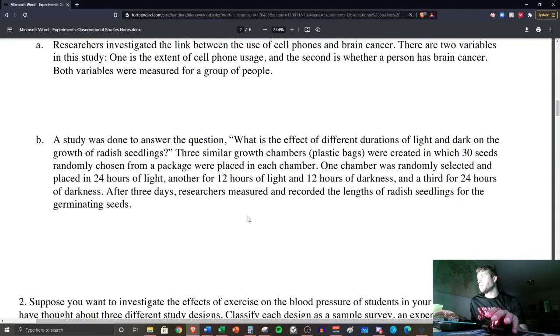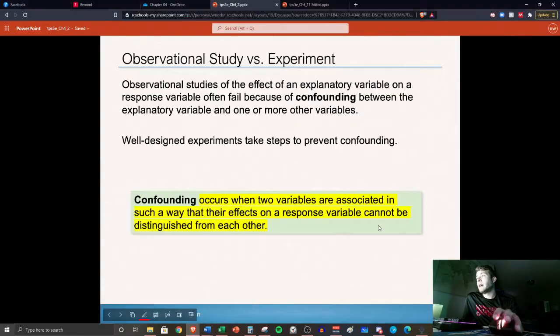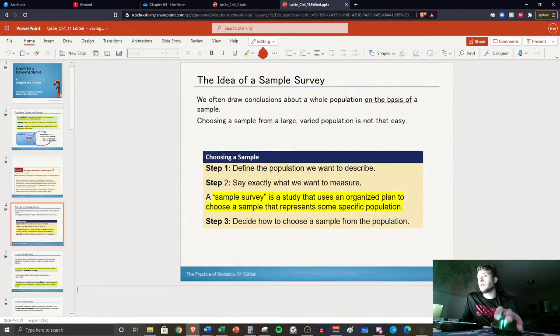So now we're going to look at 3 studies here. It says, suppose you want to investigate the effects of exercise on the blood pressure of students in your school. I've thought about 3 different study designs. Classify each design as a sample survey, an experiment, or an observational study. So we're going to write down a definition for a sample survey. So you're just going to write down